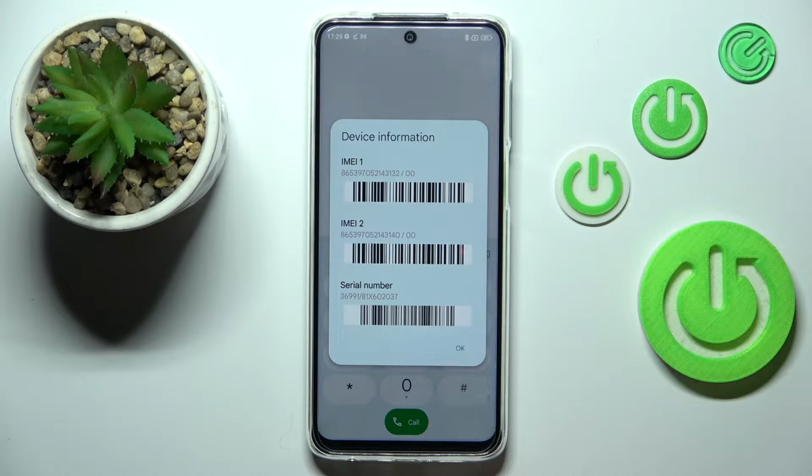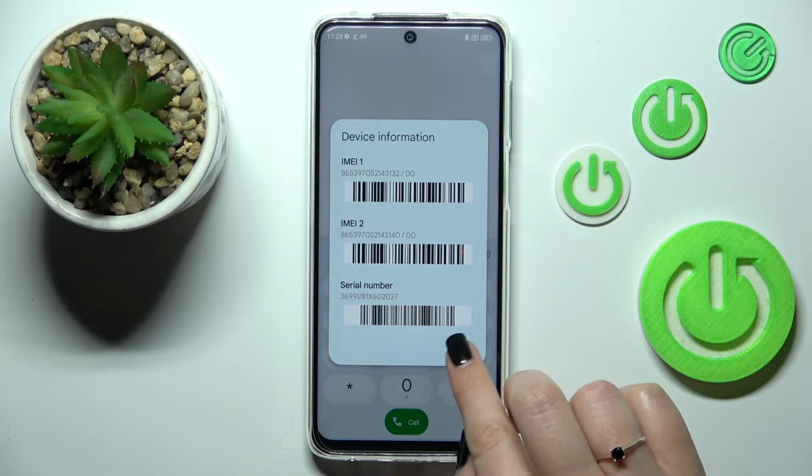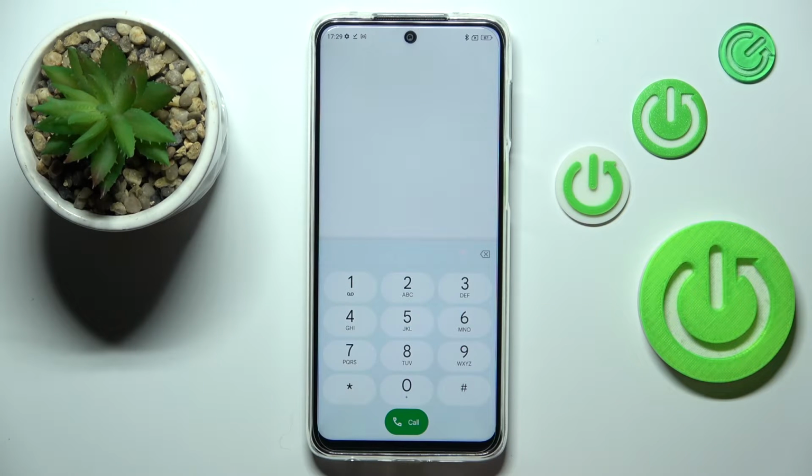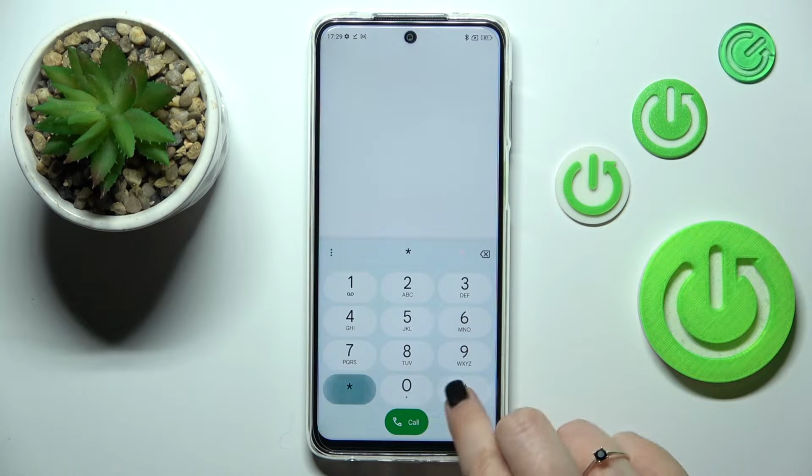*#06#. And as you can see by this code, we are provided with both IMEI numbers and also a serial number attached to this device. Let me tap on OK and let me show you another code which will open the testing menu. And the code for it is